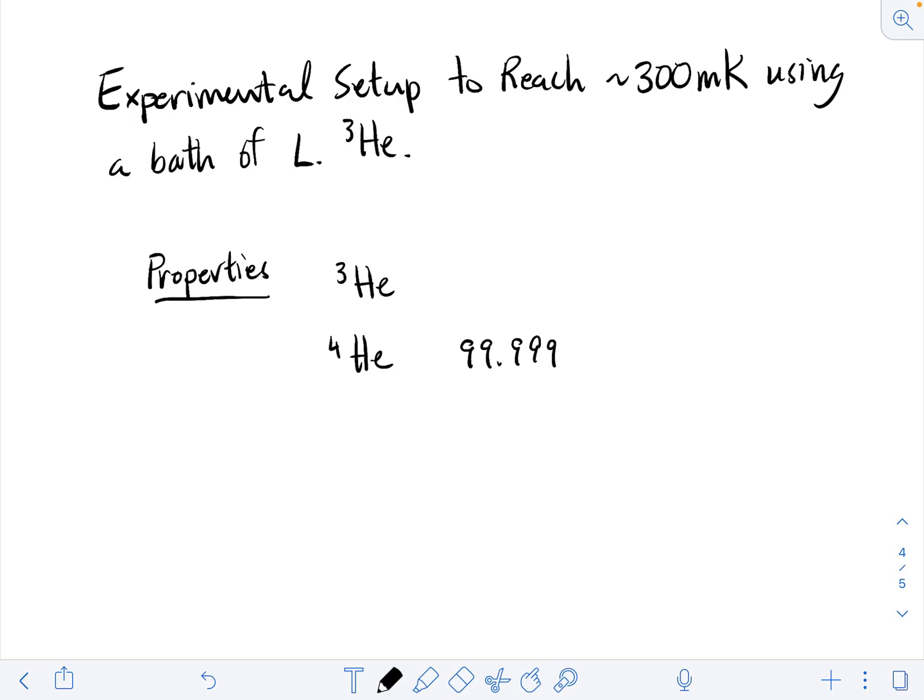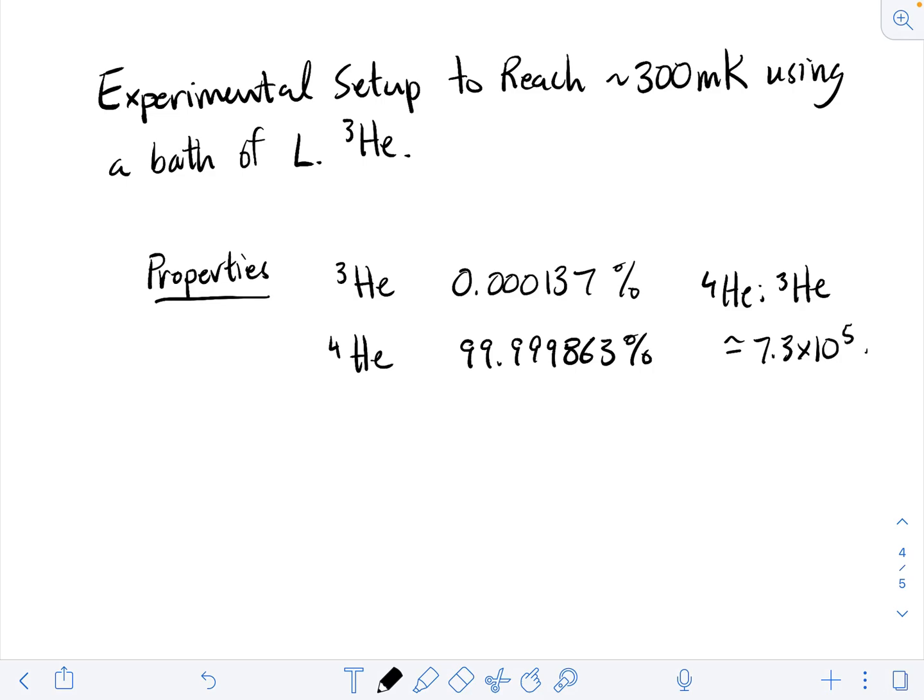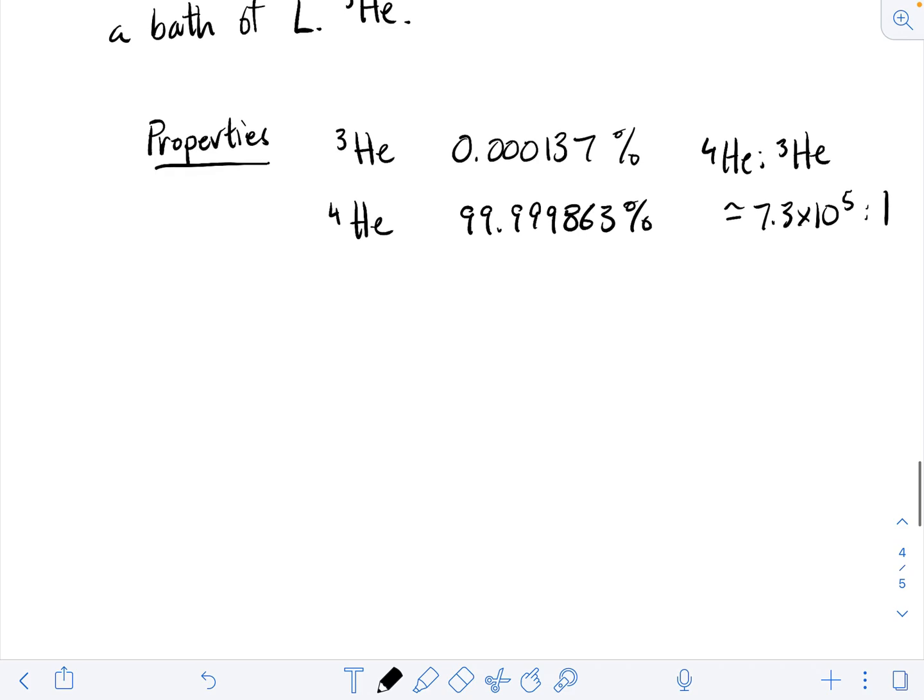The natural abundance of helium-4 in naturally occurring helium gas is 99.999,863%. And so that means the helium-3 isotope is rare. So the ratio of the two is something like 7.3 times 10 to the 5 to 1. So it's about 1,000,000 to 1. Okay,